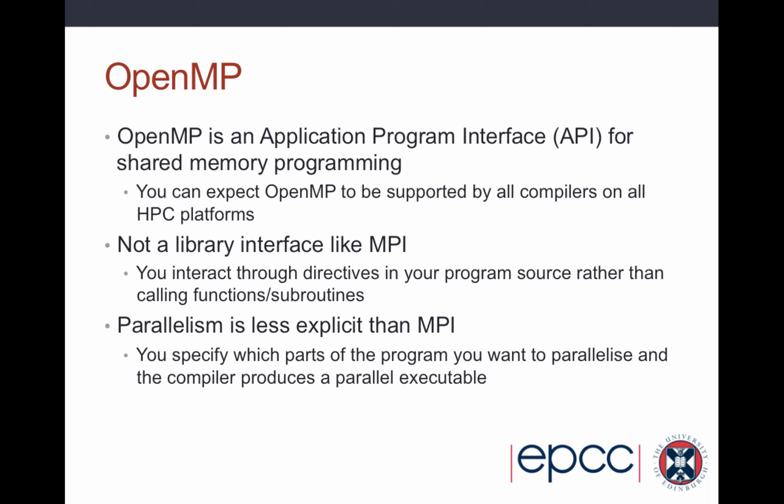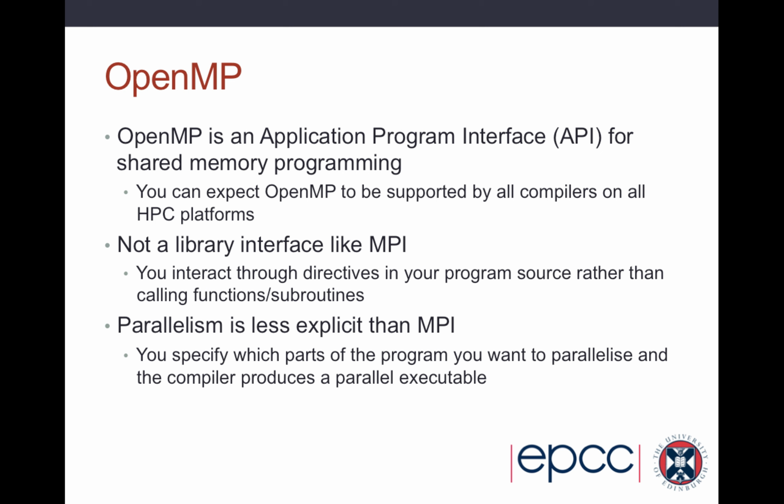and OpenMP is supported by all compilers on all HPC platforms. It's not really a library interface like MPI, so you don't put explicit calls to OpenMP routines in your program. You put directives into your program source, and the OpenMP is added automatically by the compiler. And the parallelism is less explicit than in MPI, the message passing model. So most codes use MPI for distributed memory architectures anyway, and you see some OpenMP codes used on shared memory